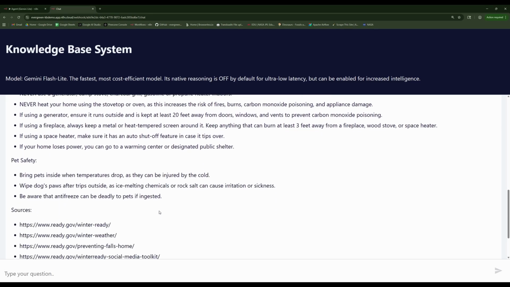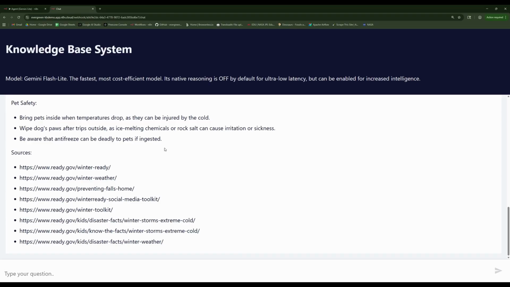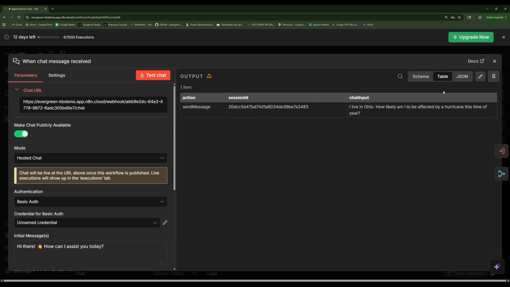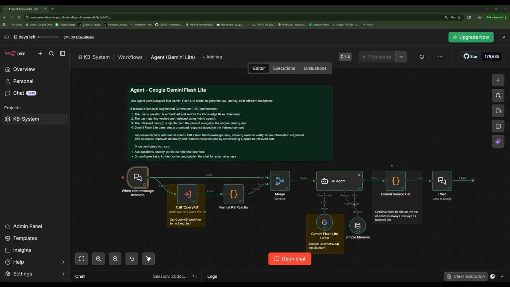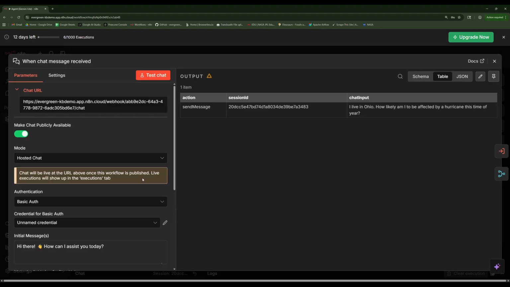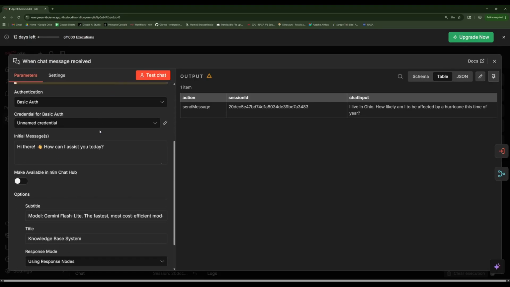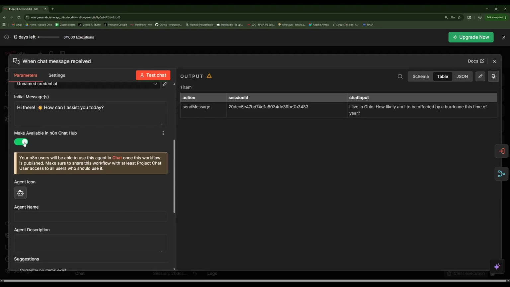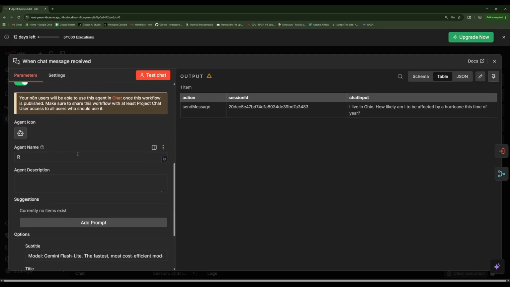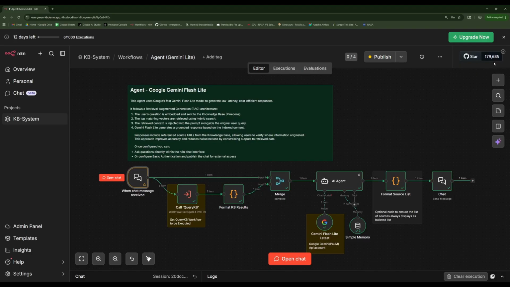Really cool feature regardless, and the fastest way to get the knowledge base into the hands of your stakeholders with the least amount of friction. n8n has recently updated their chat and agents node to allow you to access all of your agents from the chat hub. So if I toggle make available in chat hub and name this Ready.gov, then republish,